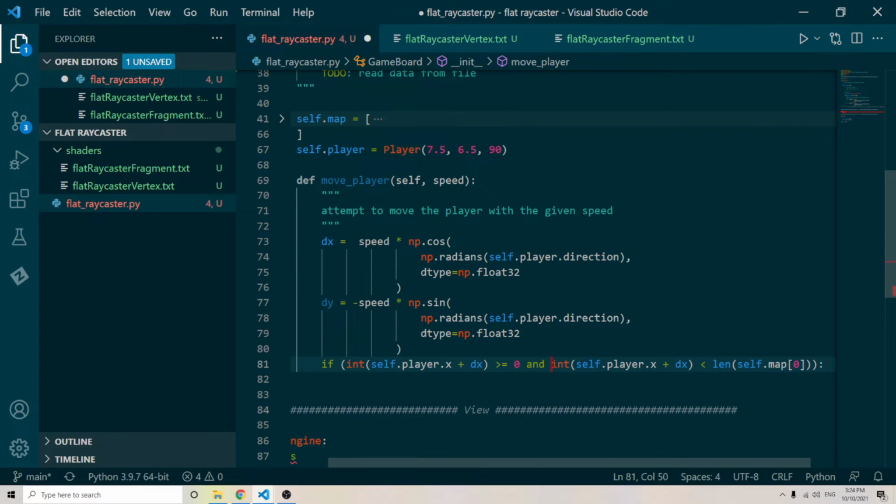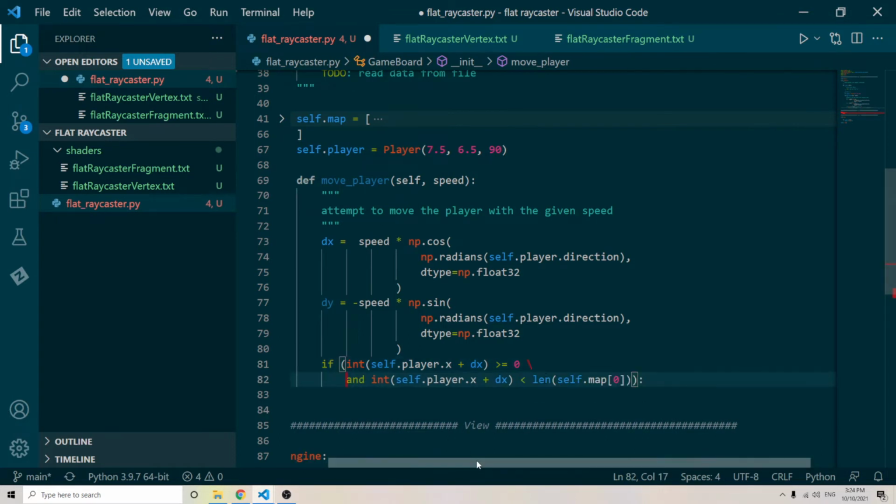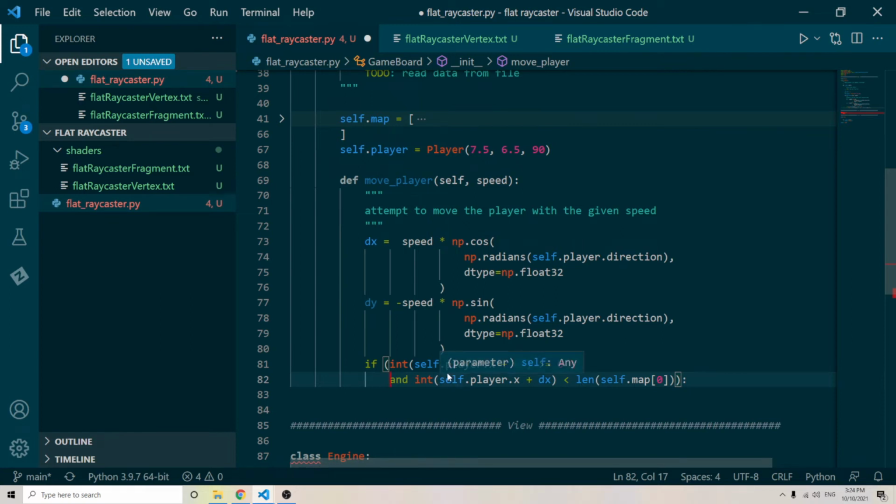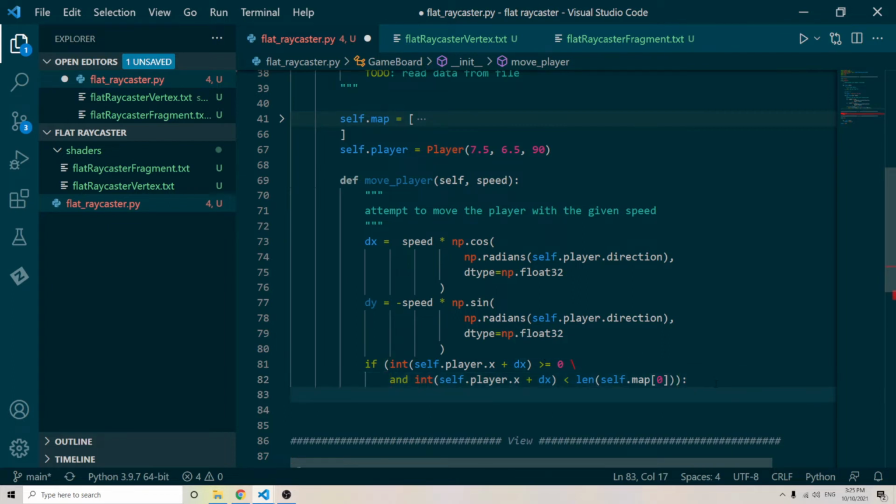Okay, let me just clean this up a little bit. Right, so everything's kind of reversed a little bit. Let me write a little bit more and then this will make sense. So we're just checking that our new x position will keep us within bounds. And then we go if self.map